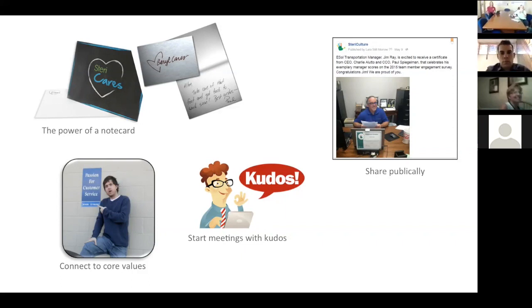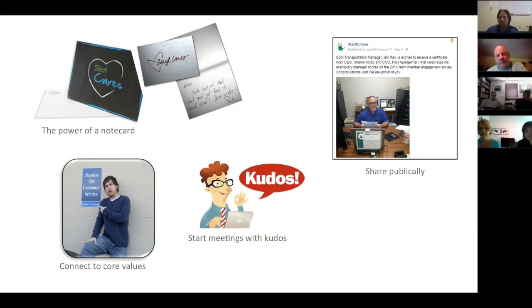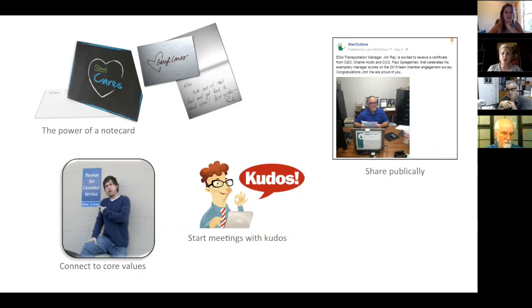Then once a quarter at our town hall, we would do a drawing for every core value. So people who had received certificates for core values, we put them in a bowl and we did a drawing. Whoever won got a $250 prize of their choice. Now this is monetary, and this was the one area where we did something that was monetary for recognition. They could not pick cash. It had to be something that they wanted and couldn't necessarily get themselves.